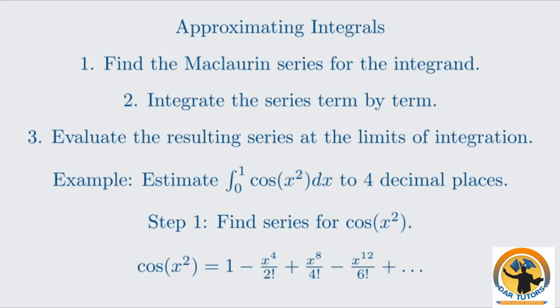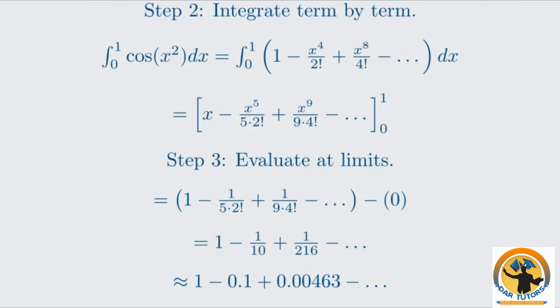Now we evaluate this at the limits. At x equals 1, we get 1 minus 1 over 10 plus 1 over 216, and so on. At x equals 0, all terms are 0. So the value of the integral is approximately 1 minus 0.1 plus 0.0463, and so on. To get the approximation correct to 4 decimal places, we need to sum enough terms until the next term is smaller than